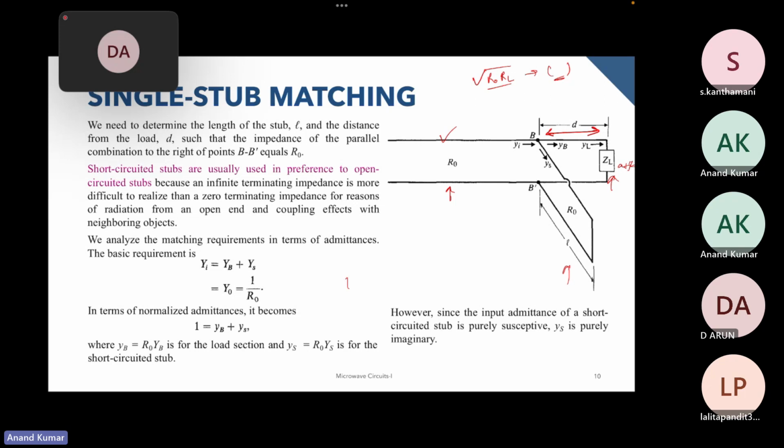For this stub, you can use a short circuit or an open circuit stub. We usually prefer a short circuit stub, and the short circuit stub basically gives you some impedance of JB form. What we try to do is that this A plus JB, and this particular length over here, gives us some value of the impedance, and this value we try to make of the form 1 plus JB, and then we model this as minus JB,